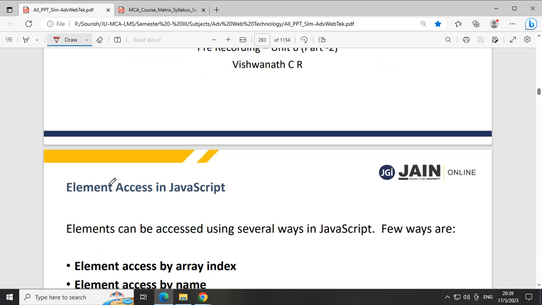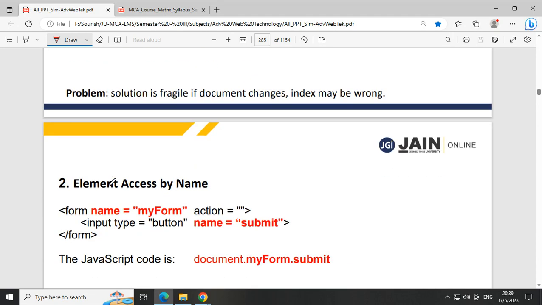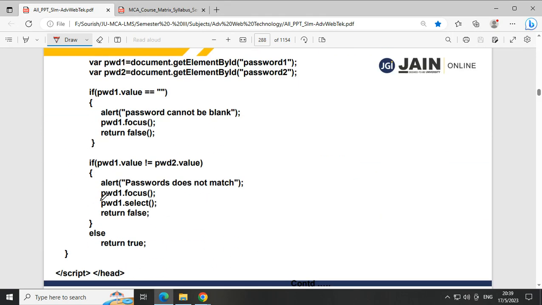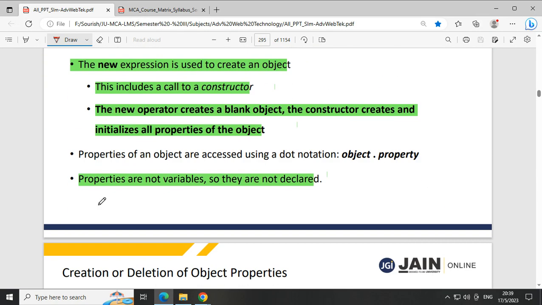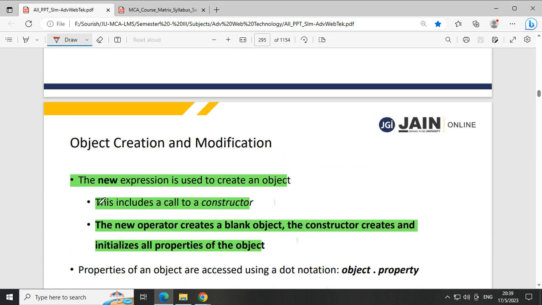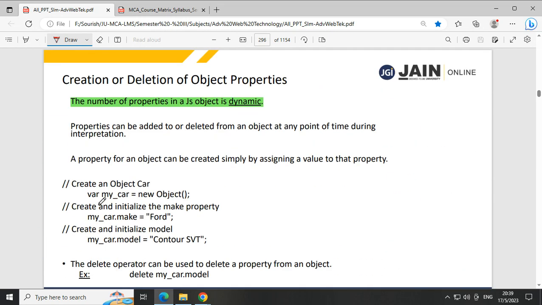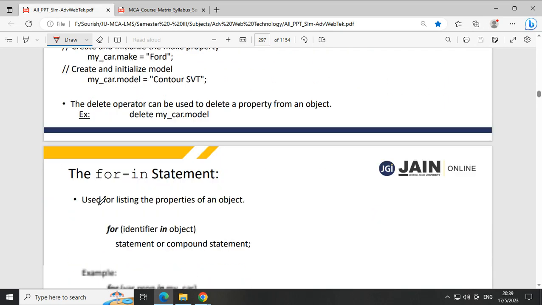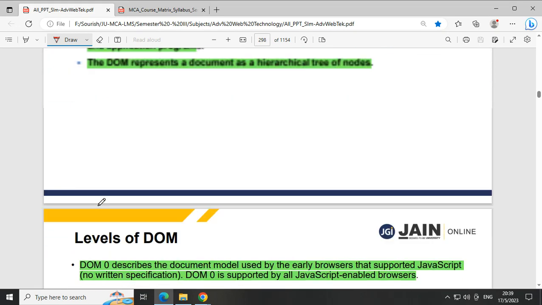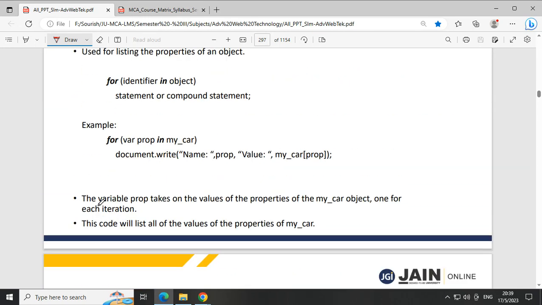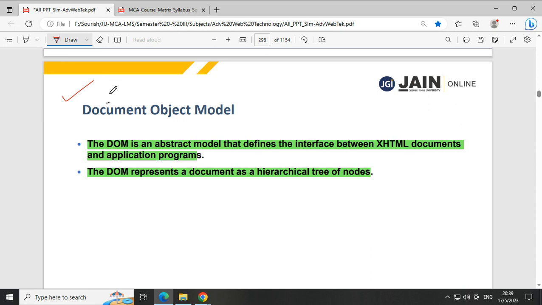कॉन्स्ट्रक्टर्स, एलिमेंट्स ऑफ जावास्क्रिप्ट। I am expecting one or two programs from the lab code part। This one, DOM, document object model।